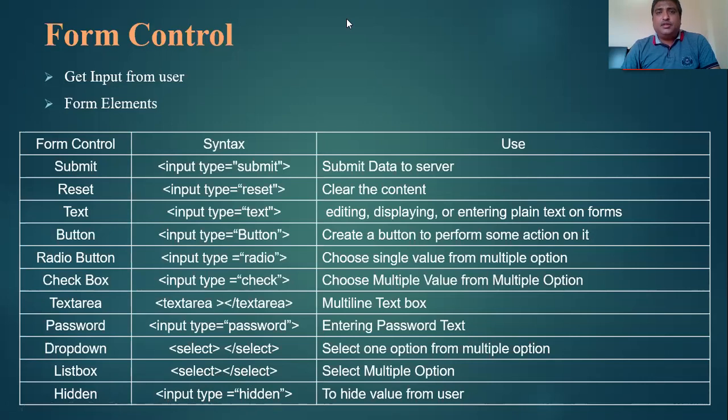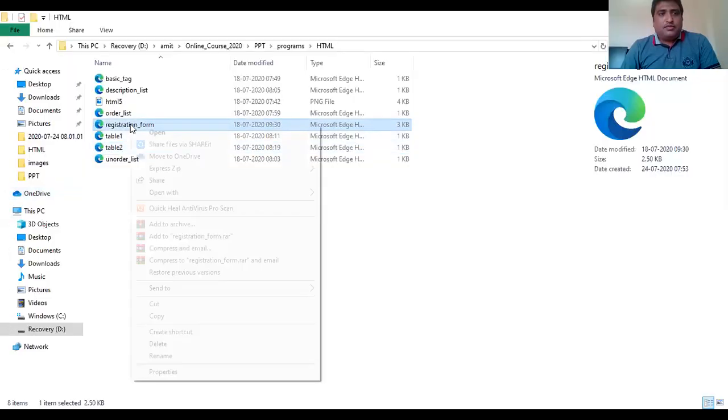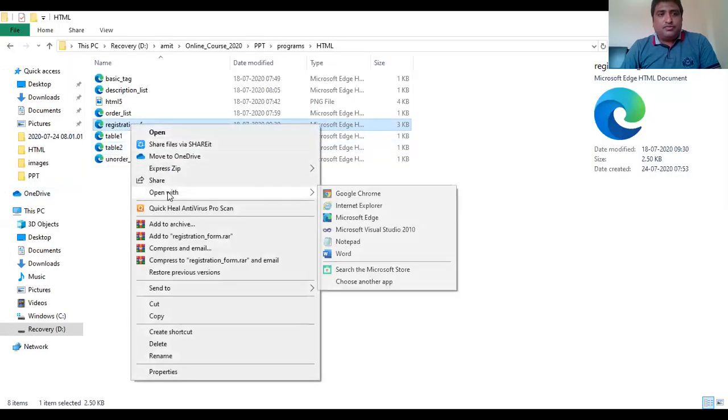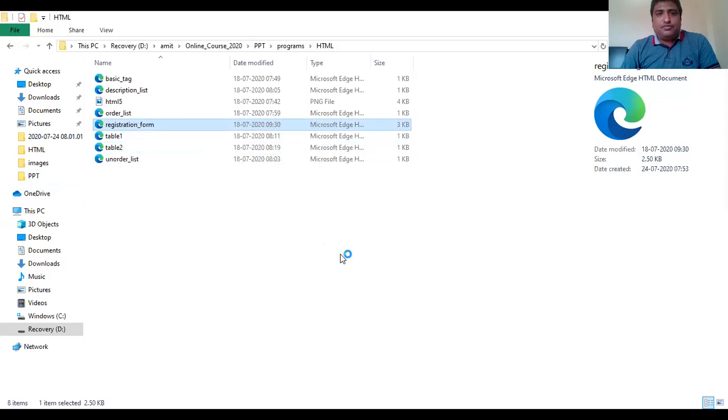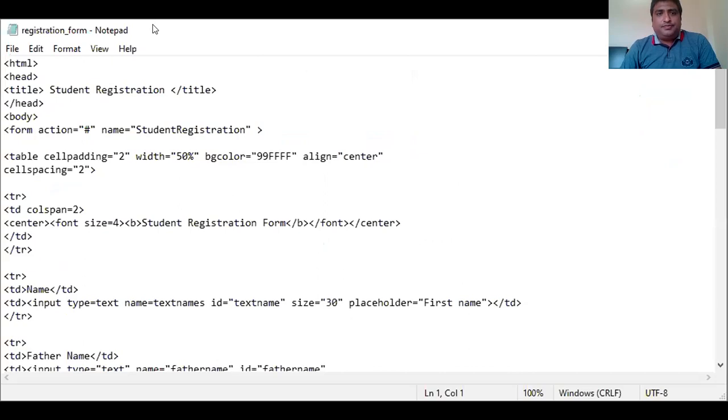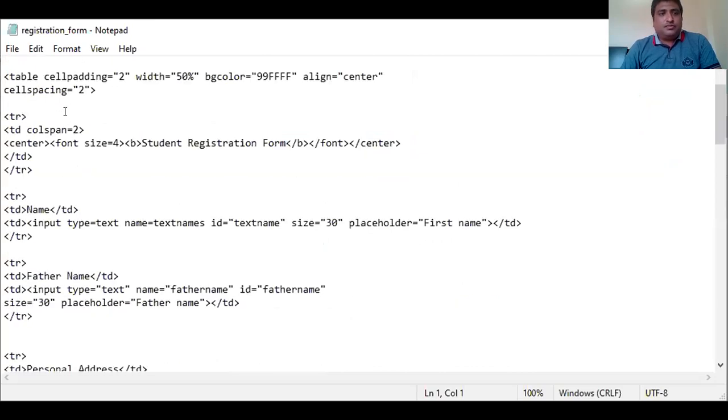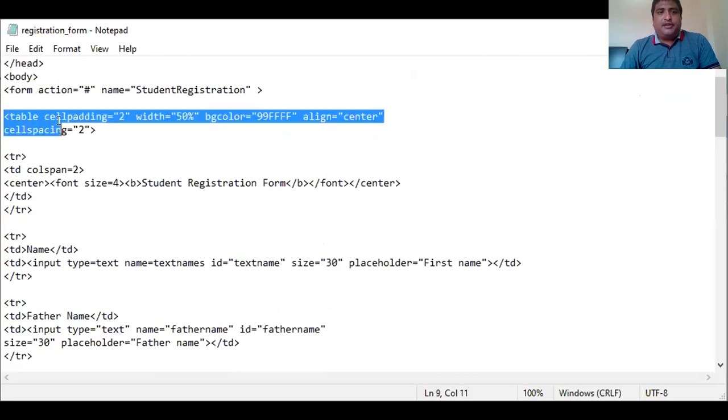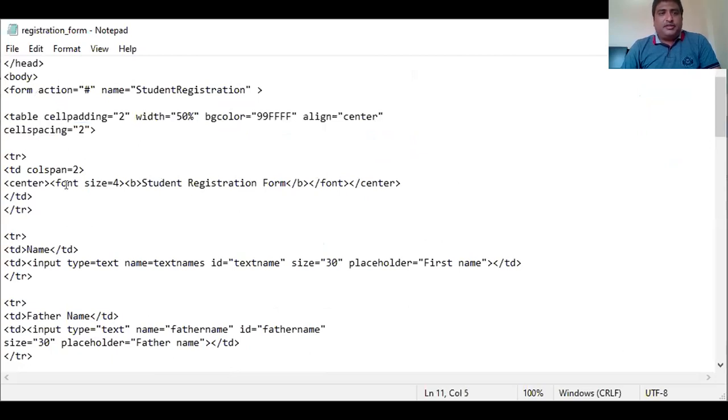Let's see one example of a form, a student registration form. So in this example, we use the table tag here to align the form items row-wise and column-wise. So these are the properties we use.